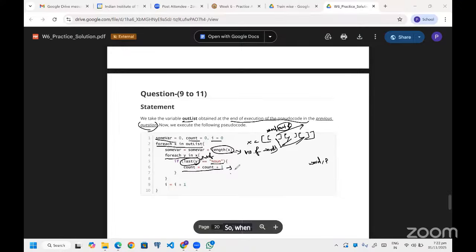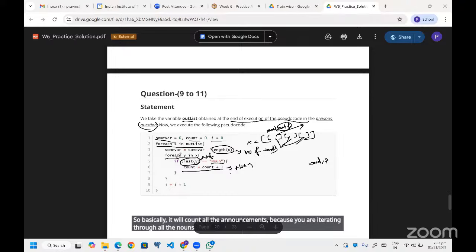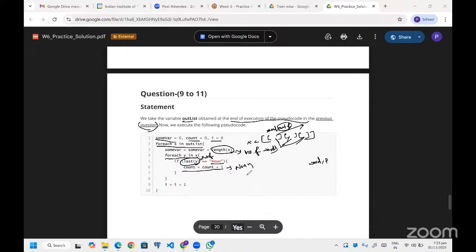So whenever you find a noun, it will count all the nouns, because you are iterating through all the words. You don't have any if conditions in between to filter, right? Yes. It gives the number of nouns in that particular sentence. And finally, you are incrementing this i. That is why we are keeping track of i.